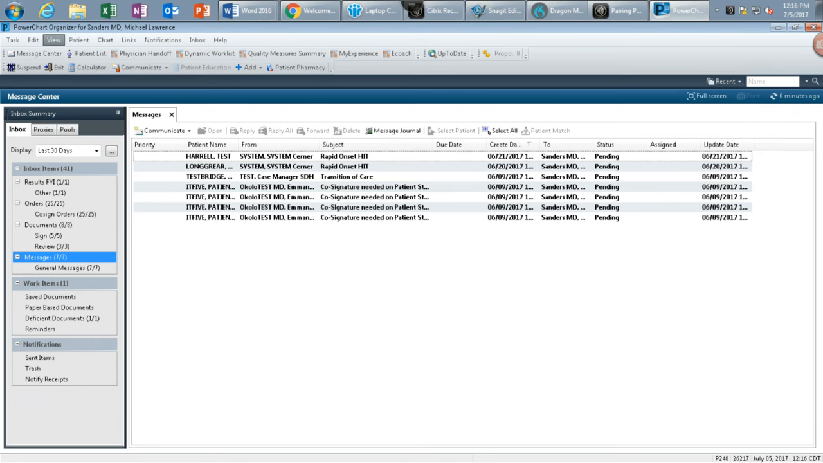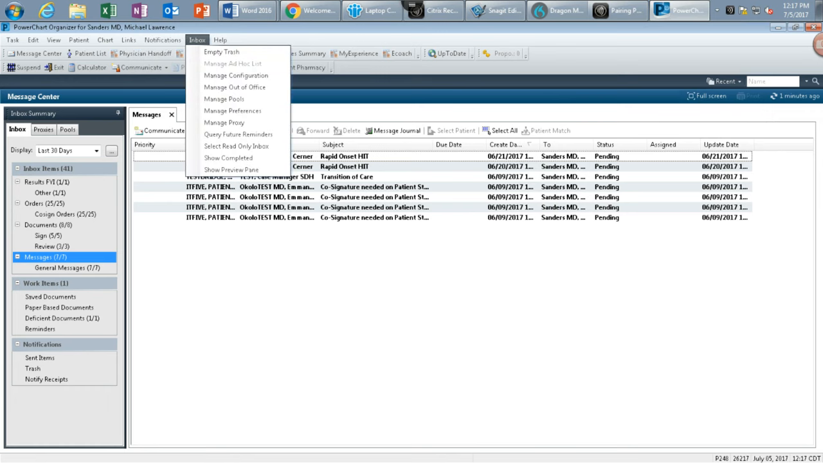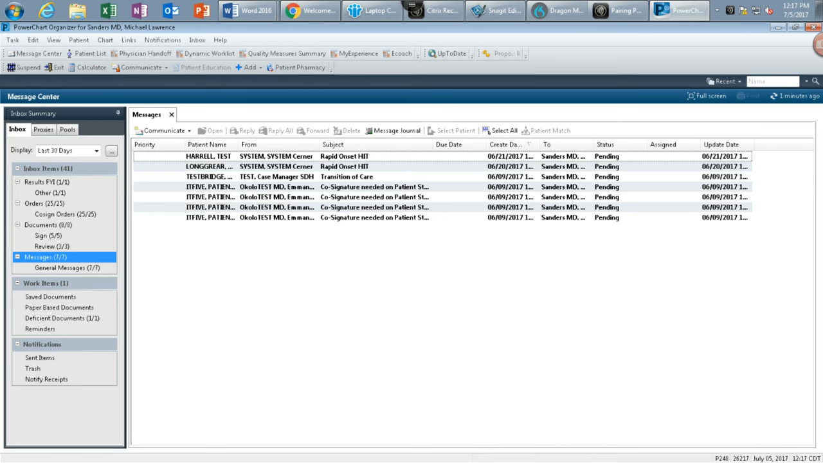You'll see that in Cerner you have your typical file bar that you find in basically any Windows system, including a link to UpToDate. And then the second bar will be links to the many different pieces and parts of Cerner, including the Message Center. This is where you'll get to the patient list,